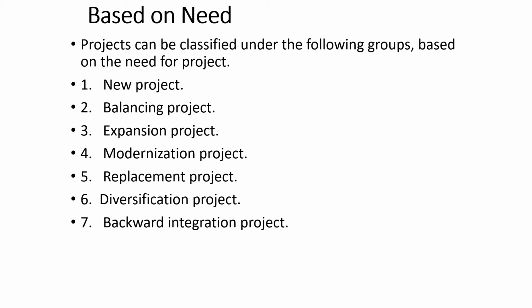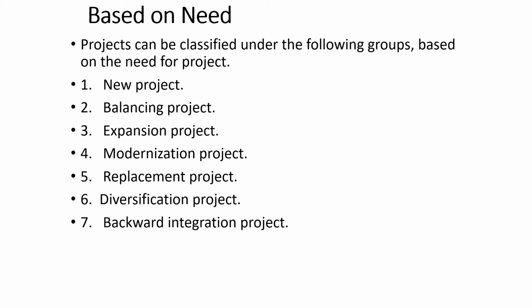Backward integration and forward integration, basically we all can understand very easily. Let's say first raw material is going to be taken out of the earth, then it is going to be processed into some usable metal or material, then that metal or material is going to be cast into different products or different items or different machineries, and then those items are going to be put to final use. So we know raw material, goods in process, finished goods.